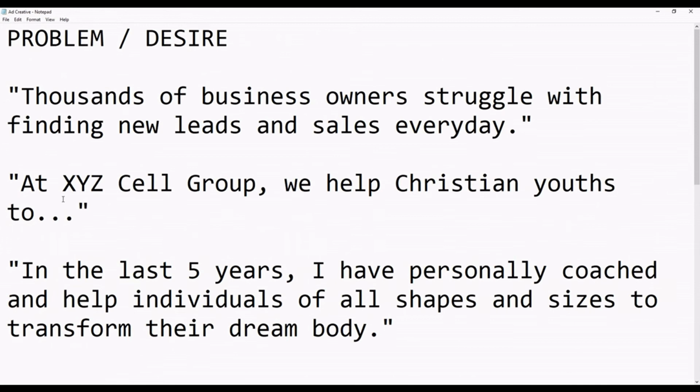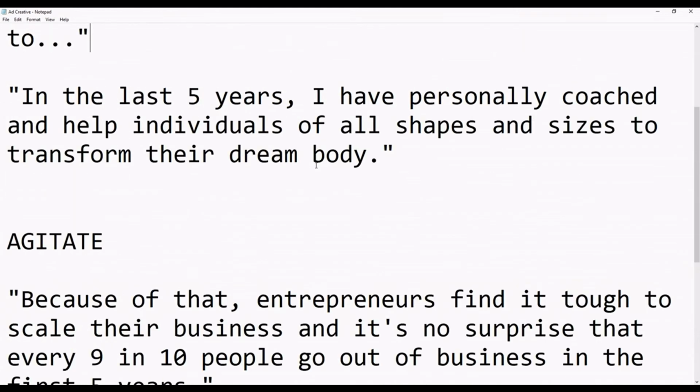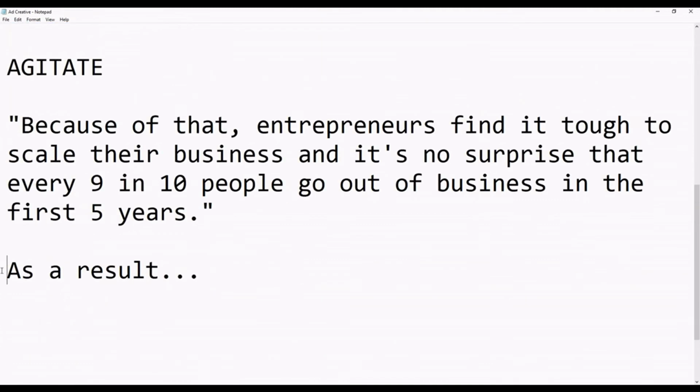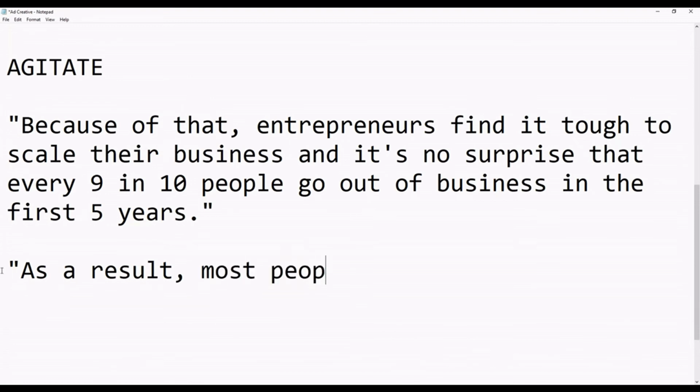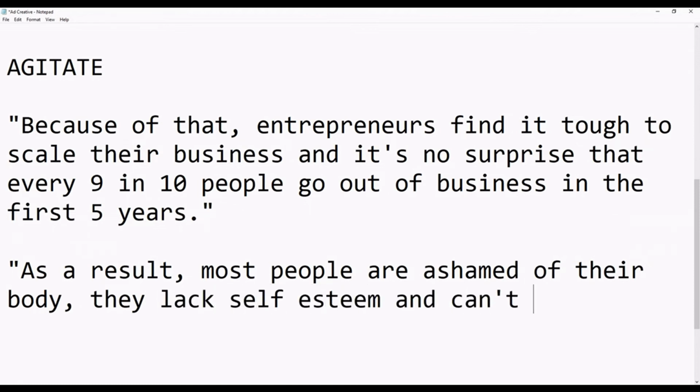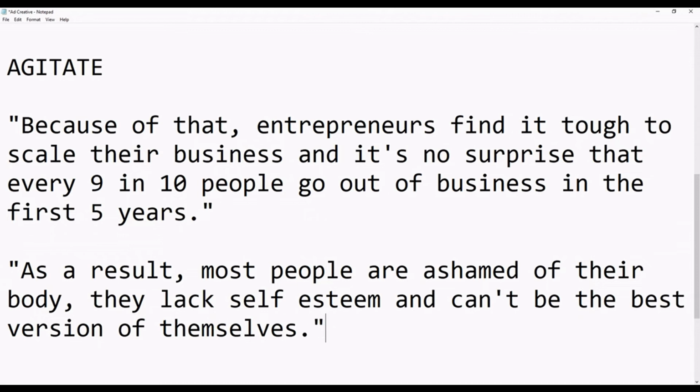Okay, now let's have a look at the other. Okay, I won't use a Christian example here because I just made that one on the fly, and maybe we'll talk about the body transformation here. Okay, as a result, most people are ashamed of their body. They lack self-esteem and can't be the best version of themselves. Even then, right, this is just an example I'm thinking on the fly right now,